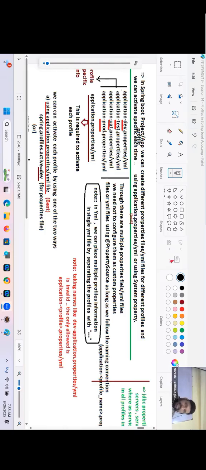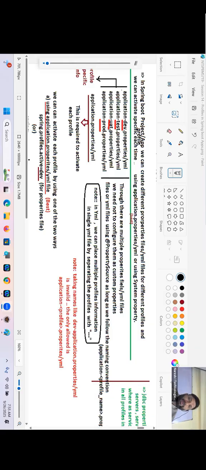To make certain Spring Beans work for any active profile, for all profiles, then don't keep @Profile on top of the class. Generally, service and controller classes are common for all profiles. They are not changing their logic profile to profile. Instead of adding all profiles, don't add any profile. It will anyhow work for all profiles. Interesting or not, my dear? Come on.